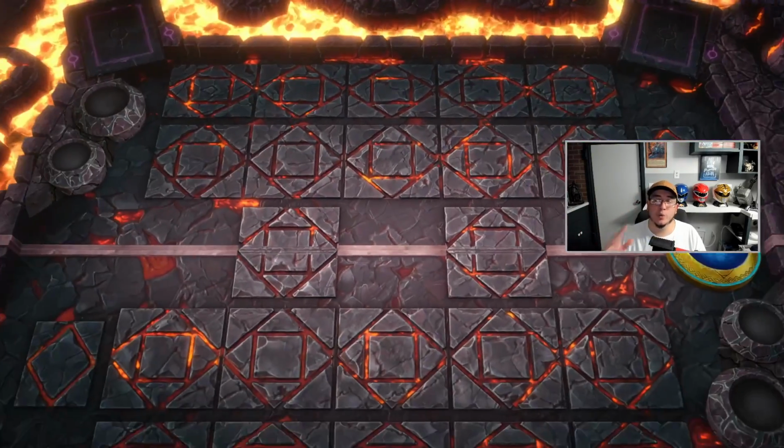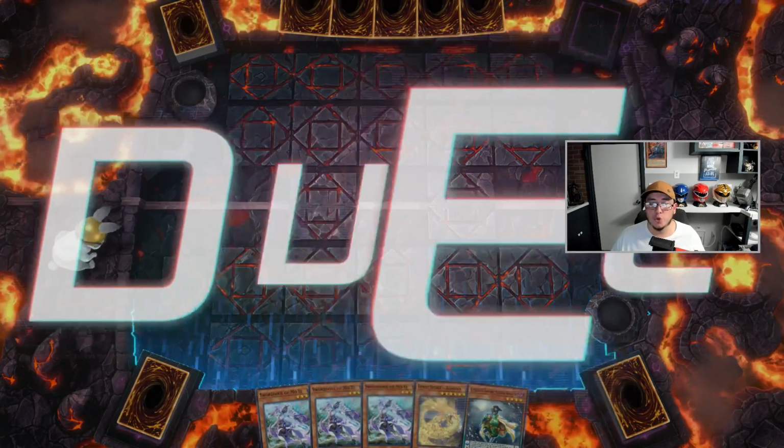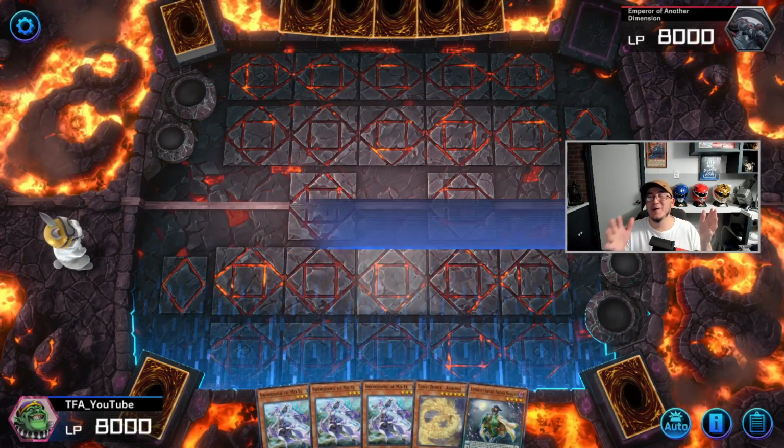Alrighty, y'all. So we are in solo mode. We're just going to freestyle the combo. I chose to go first, obviously. The reason I'm freestyling is because I want to show you what the deck is capable of, no matter what you draw. Now, this hand is...